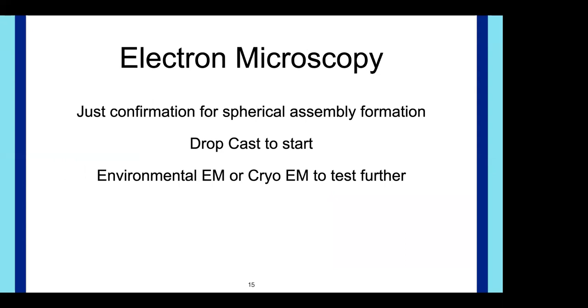Moving forward from the experimental matters already found, it would be nice to do electron microscopy just for confirmation of these assembly formations. To start off, just going to do some drop casting. I'm a little worried about drop casting since this is such a solvent dependent formation of these assemblies. For drop casting, if we put a solution on there that has superclusters already formed and the ethanol evaporates before the toluene, that could significantly change the size of these or break them down into monomers and not see anything,